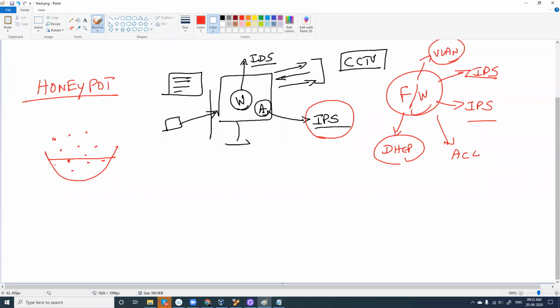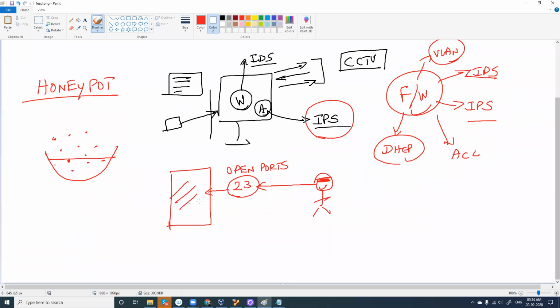That is honeypot. Technically speaking, I have a server, and what is the attacker looking for? This attacker here is looking for open ports. He is searching which port is open. Why? If, okay, port number 23 is open, he is very happy. And what he does, he tries to exploit this. He tries to perform a lot of different attacks through this port, right? And yes, if he is successful, he will be able to compromise the server.